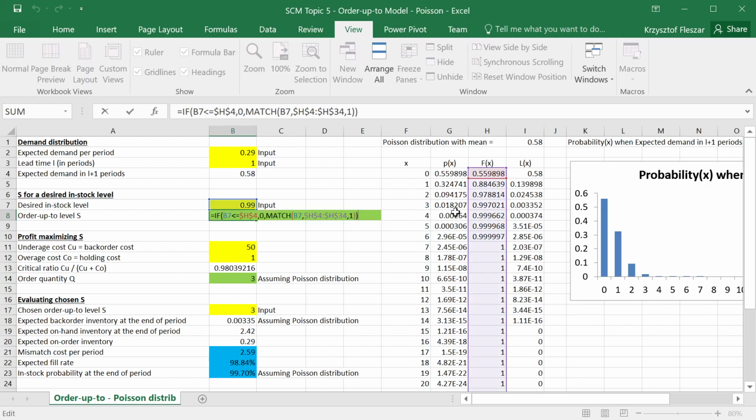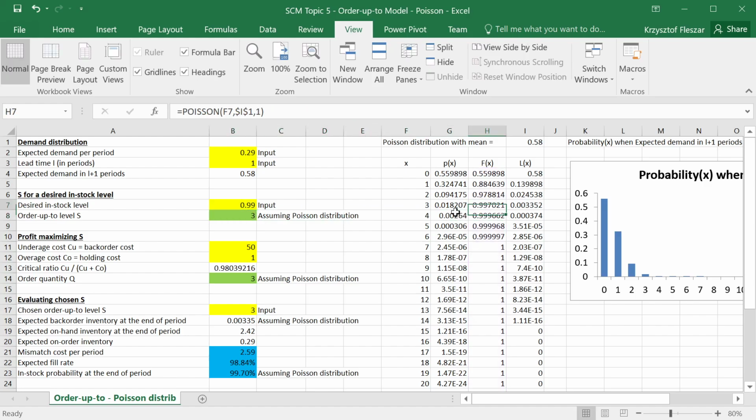Now, I programmed here a formula that automatically chooses the S value, but you can always verify that S equal 3 here is high enough for this, right? And if we try, for example, 95%, then S equal 2 is sufficient, right? If we tried 80%, 0.8, S equal 1 would be sufficient. And let's see if we try 0.9996, then 4 is sufficient, but 3 is not, right? So this is the calculation for the order up to level based on Poisson distribution